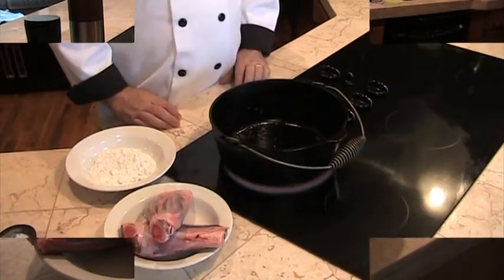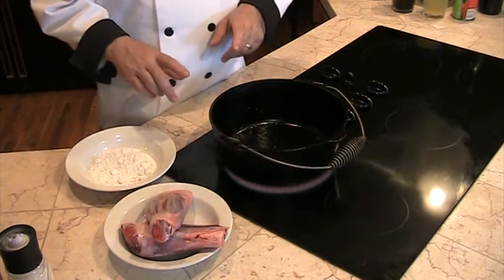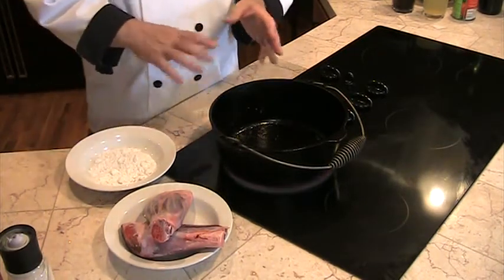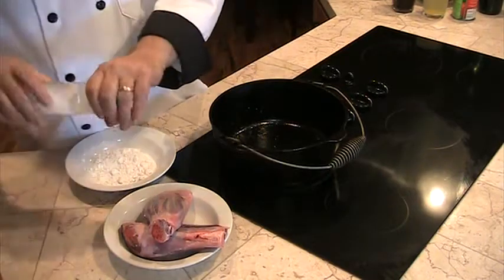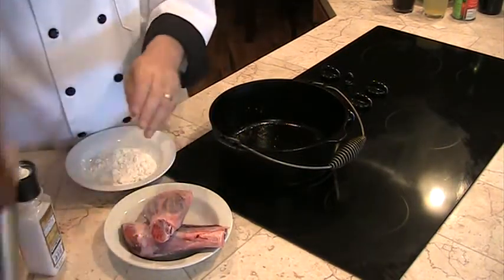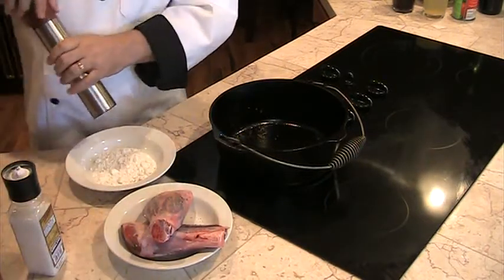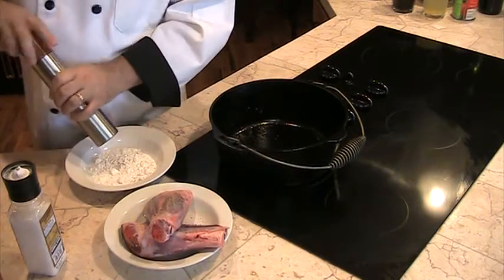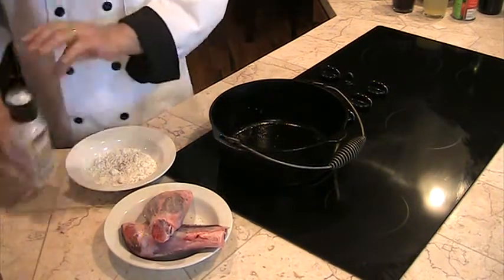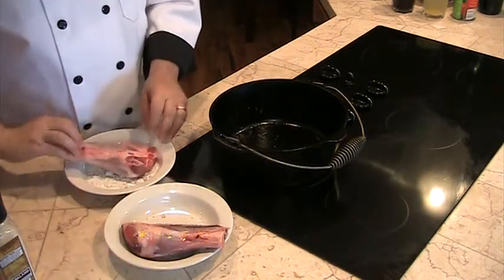So let's start cooking. The first thing we're going to do is brown our lamb shanks. But before that, we're going to dredge them in a little bit of flour, and that's going to help the browning process along. We'll season them with some salt and some pepper. Also, we're going to season the flour with salt and pepper. This is called layering of our seasonings, and it's very important. Everything should